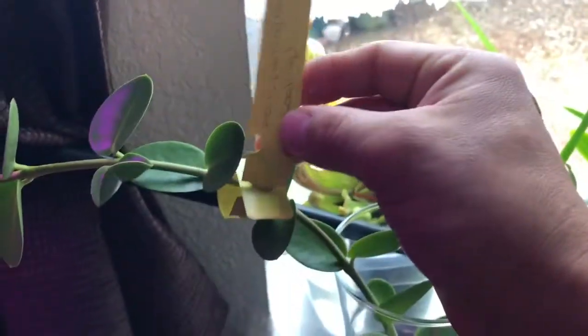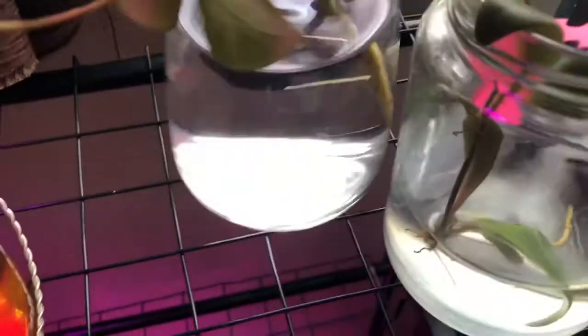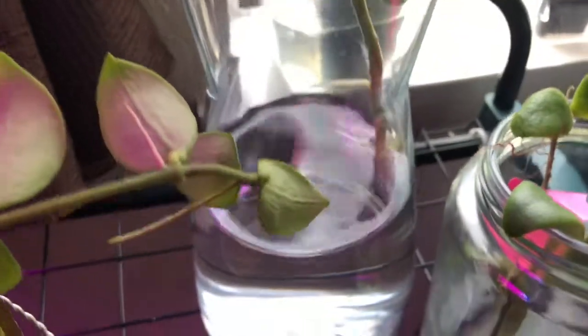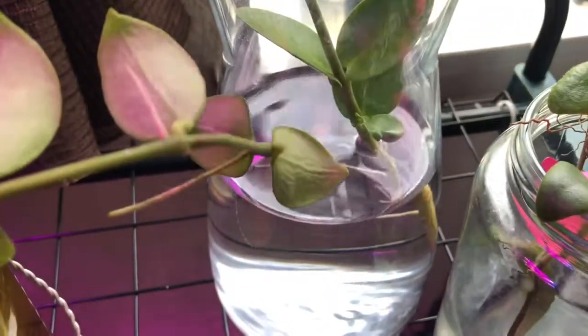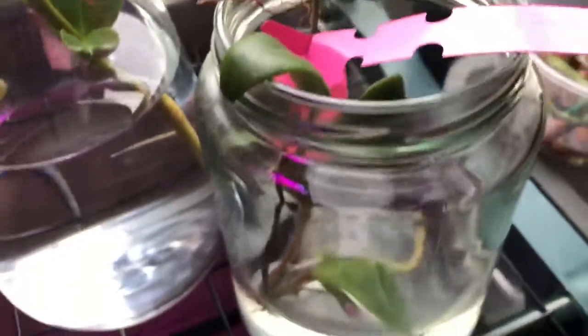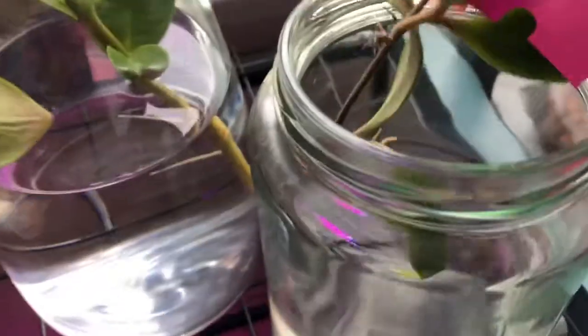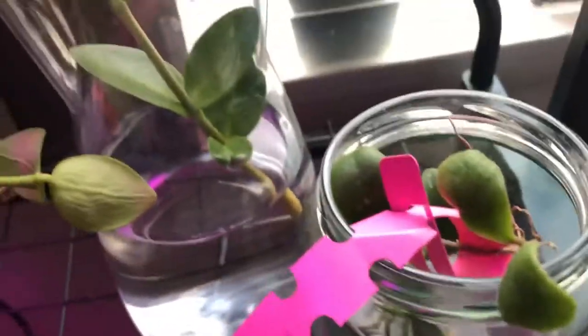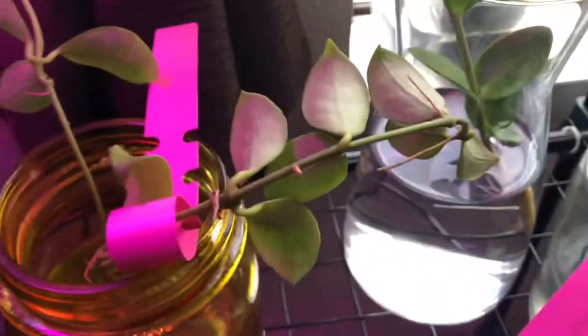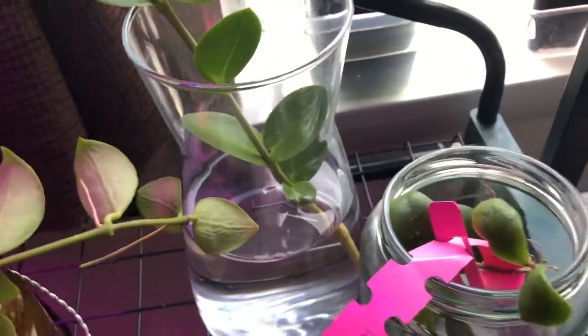And then this one. What is it? This is Comingiana. And it made a long root, and on the bottom too, so that's exciting. And this is Isabelle Chanay making good new roots right there. So I want to see the roots grow a little bit more. So maybe next week I'm gonna put them up. Here is